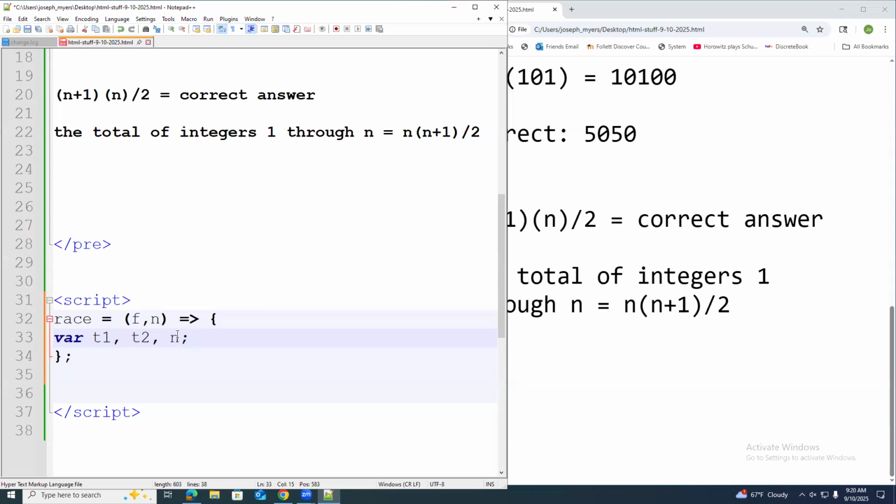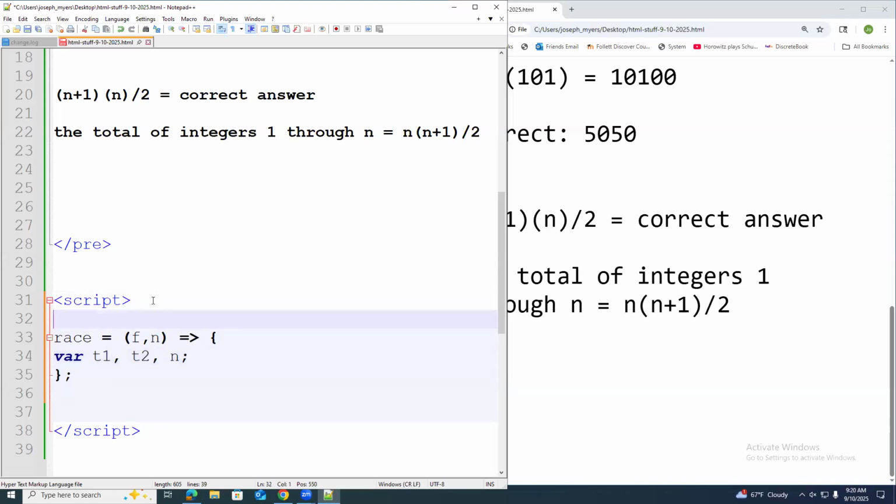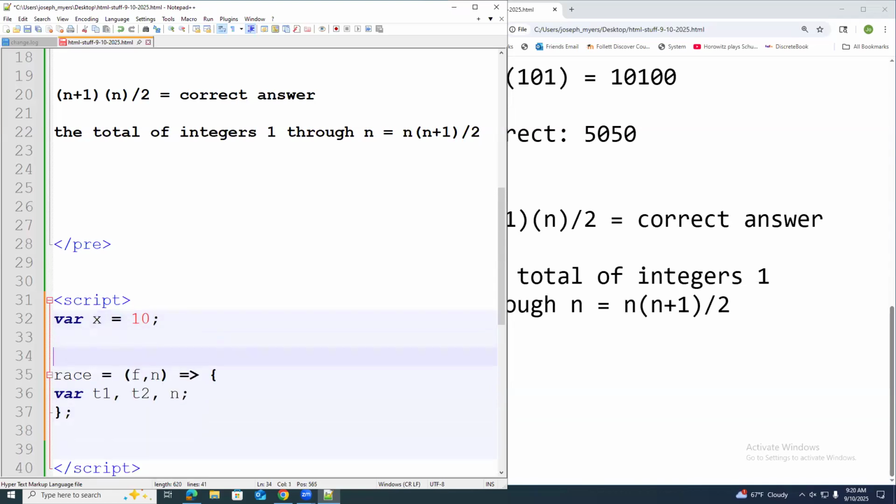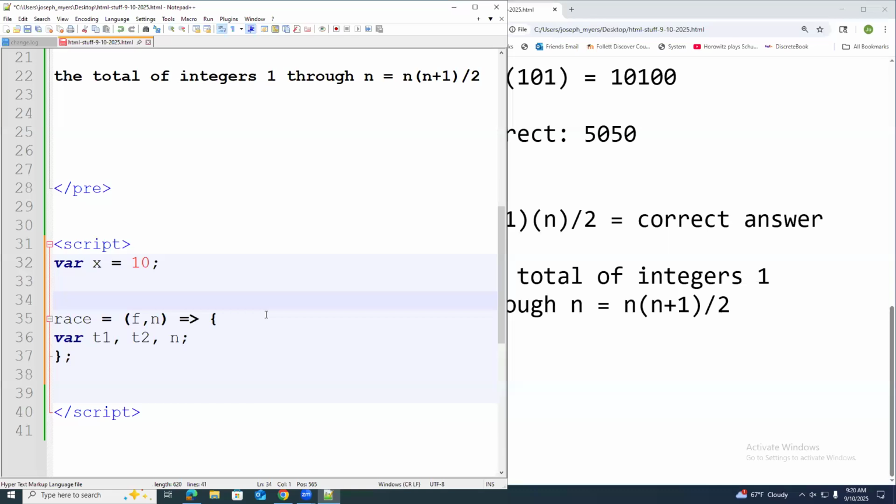Of course, the problem is you can't declare the same variable more than once within the same code. So what would happen is people would have a line of code like this, and they'd say at the beginning of their code, variable x equals 10, and then later on, 5 years later, somebody else would have another script down below that would have the same line, variable x equals 10, and then the whole code wouldn't run because it'd throw a compilation error. So you can now declare variables multiple times if you want to.